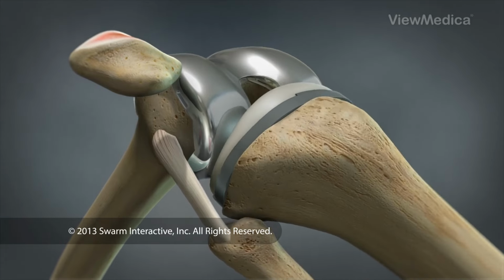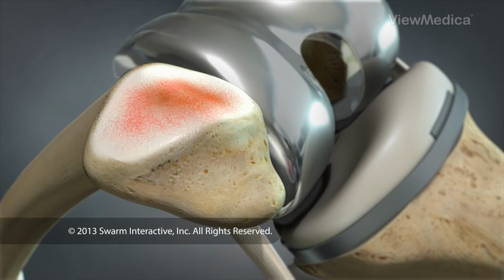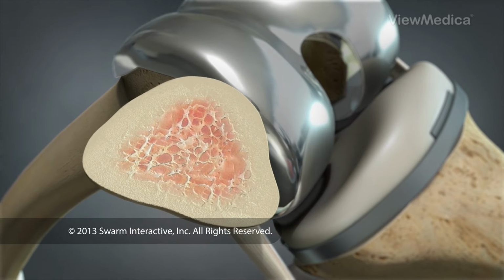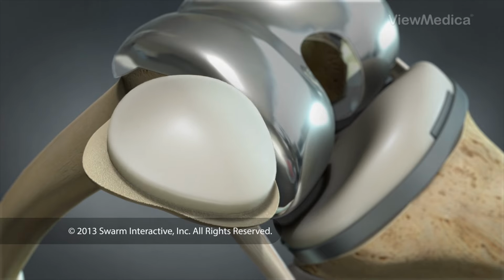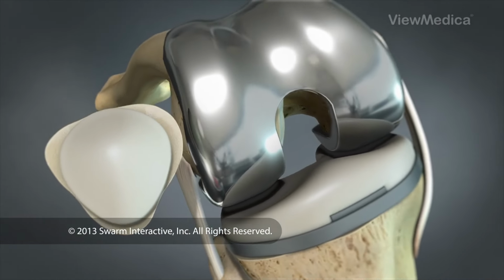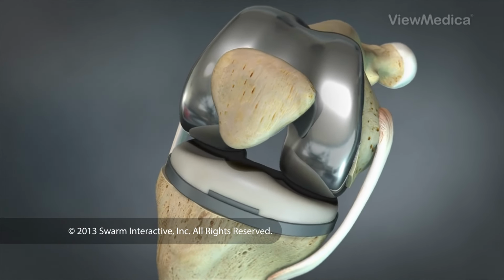In addition to repairing the femur and tibia, the surgeon may also choose to resurface the kneecap. If so, the surgeon will carefully trim away the back of the kneecap and replace it with a small plastic cap. When all of the components are in place, the surgeon tests the components by guiding the knee through a